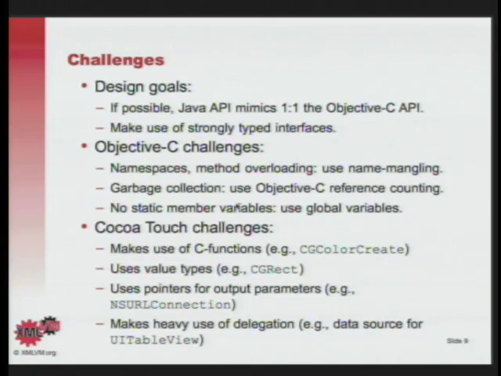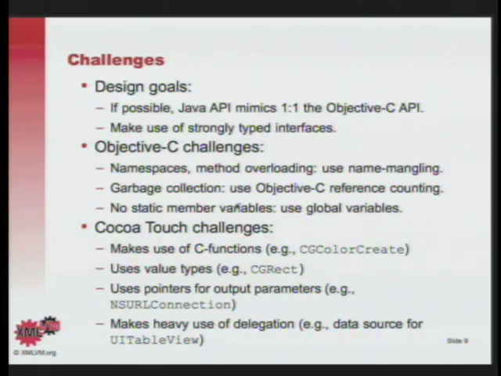Well, first of all, Objective-C has no namespaces. Objective-C does not permit method overloading. So they allow method overriding, but not method overloading. Java supports both, so when you cross-compile, you have to deal with that somehow. The version of Objective-C that's being used on the iPhone does not have a garbage collector.